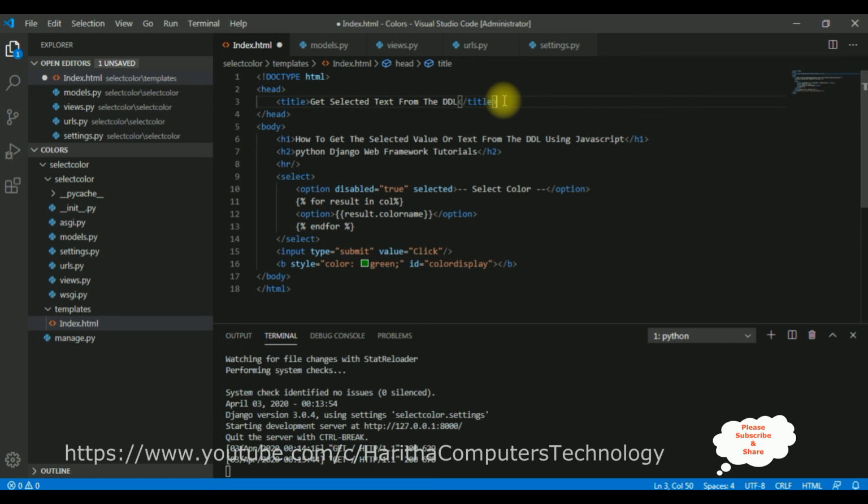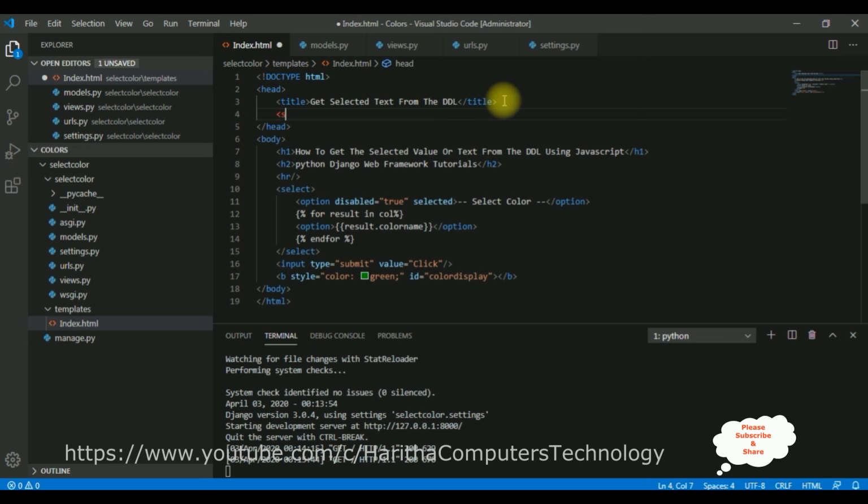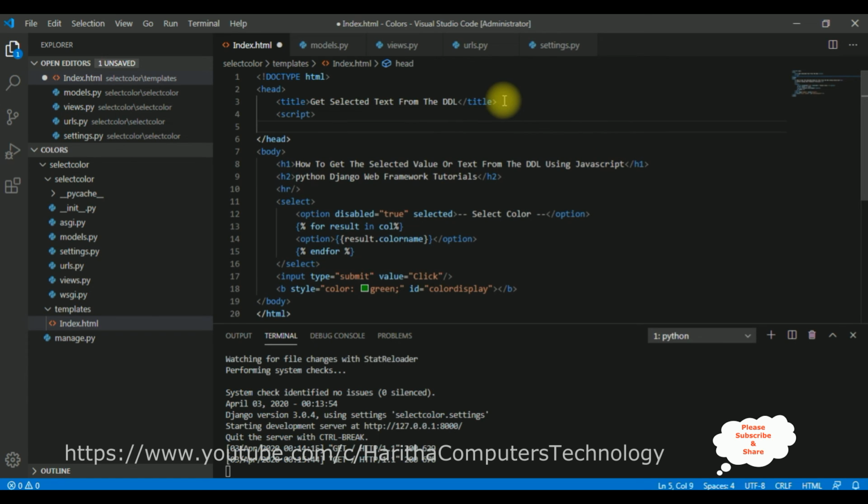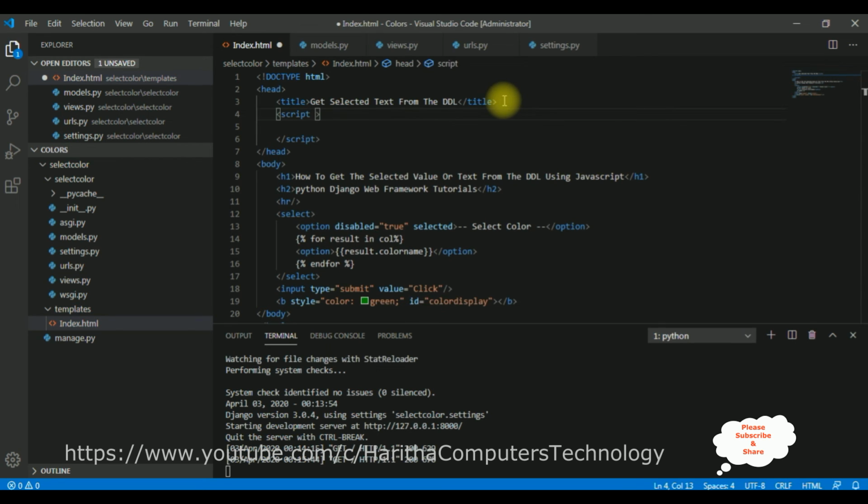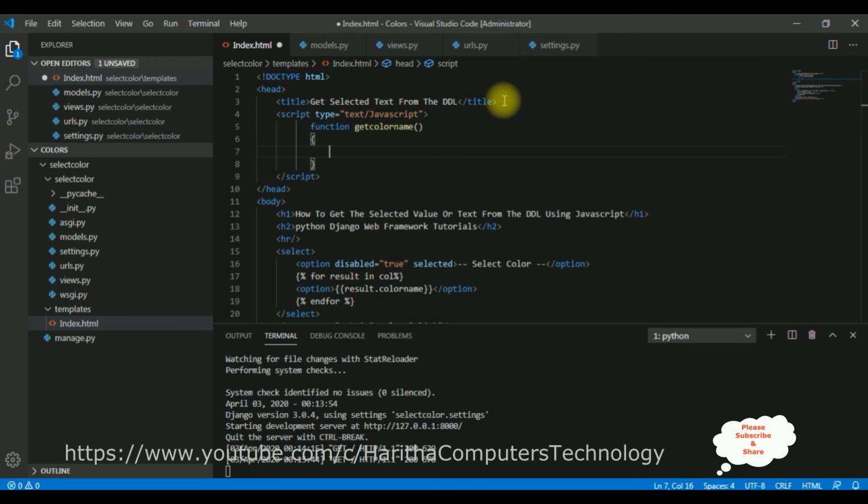Now in the header section, after the title, I'm adding the script tag. Close the script. Inside the script, type equals text slash JavaScript. Now in this JavaScript, let's first define the function. Function getColorName is the function name. Now in this function, let's declare a variable displayNameColor equals